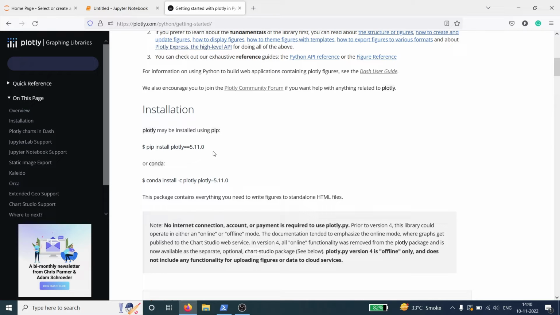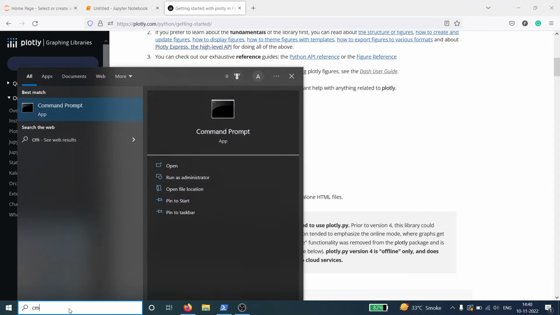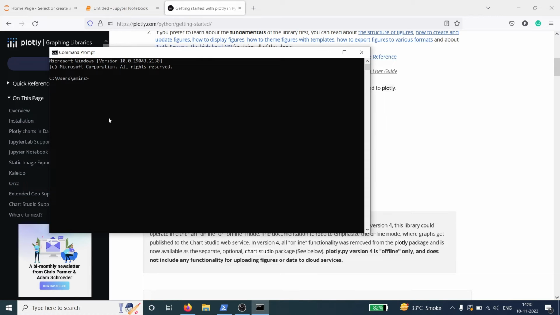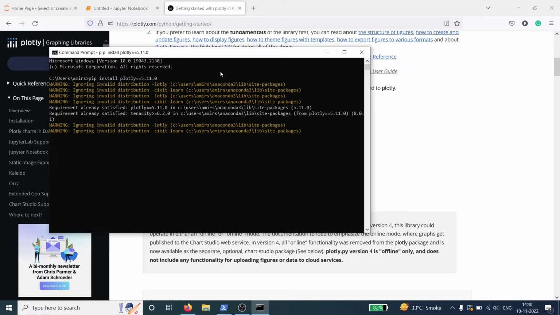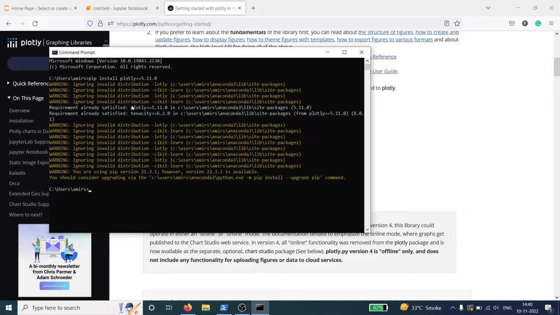Now I'm going to install it using pip. So what I will do, I'll copy this from here. Now I'll open a new command prompt. In Windows, I will type cmd. Now I will just right click, press enter. And here in the output, you can see it says requirement already satisfied because it is already installed